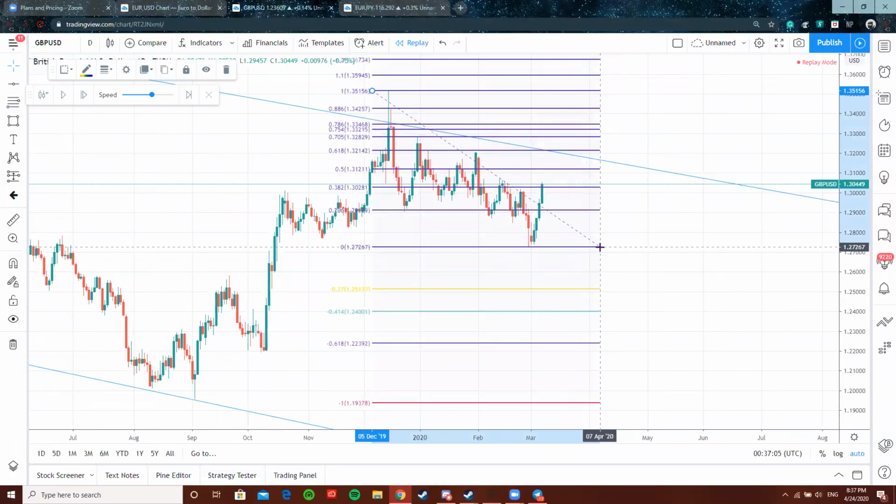What do we see? We see a retrace to the 38.2. And this is where multiple time frame confluence comes in handy, right? Because if you would have dropped to the 4 hour,